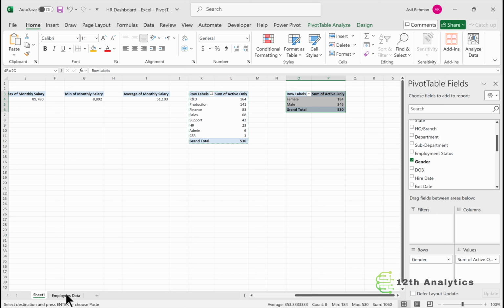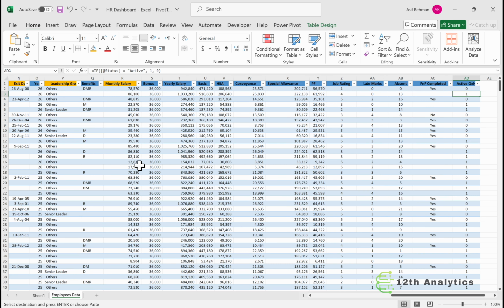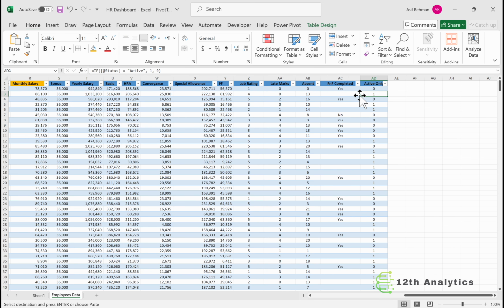Perfect. Move to the employees data. We need to create two helper columns. One will show the age in years, and the second column for the length of service in years. Okay, so age, years, and